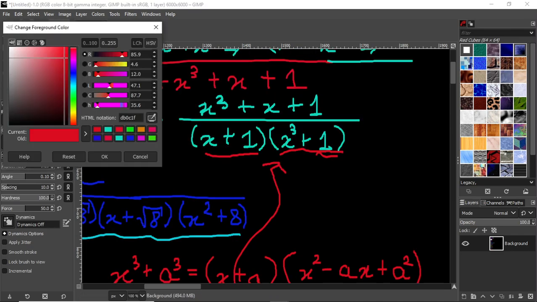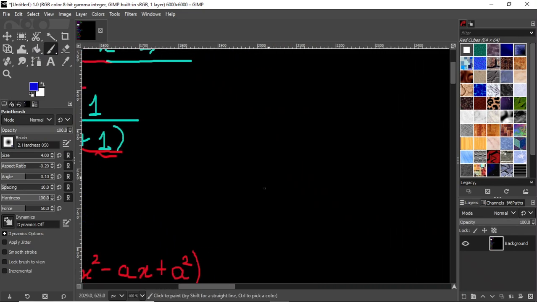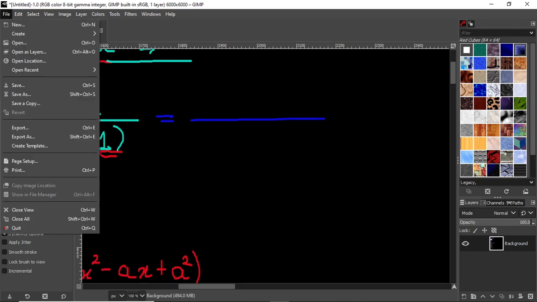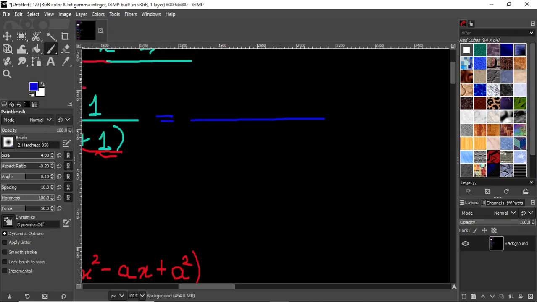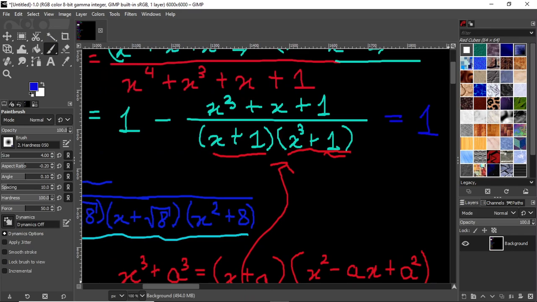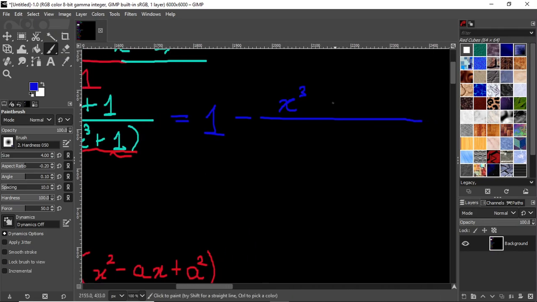So if I simplify this, oops, forgot about the one there. So this is x cubed plus x plus 1,